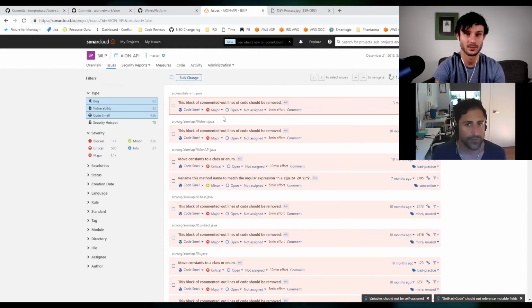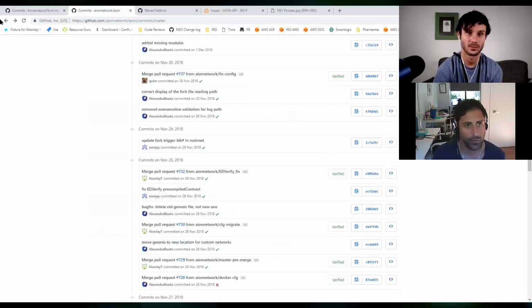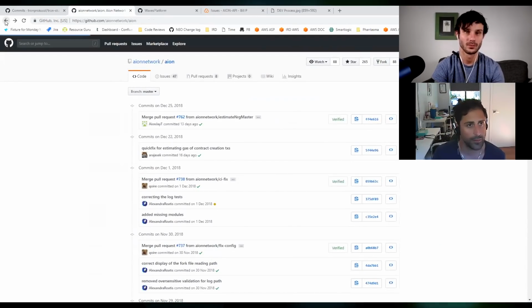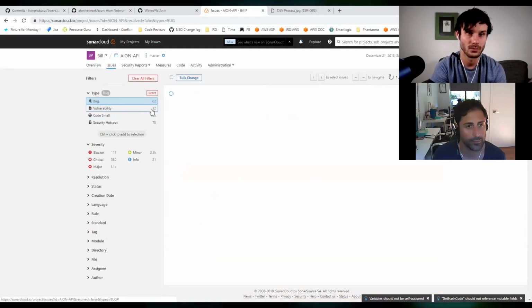So it may just be a matter of they're just not running it through. They may just not have run it through these tools yet. So I've just got the API up now. It's got fewer bugs. Still a fair bit of effort for remediation. 79 days. If you drop the code smells out of there, it's not as much. Just focus on bugs and